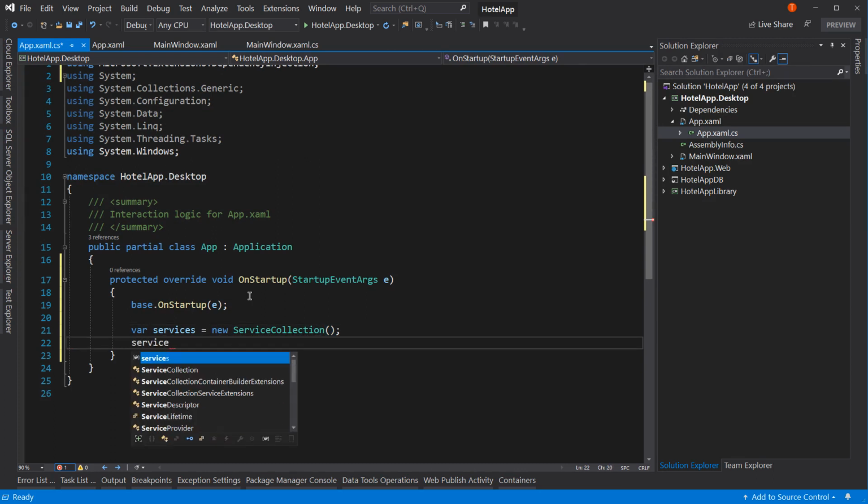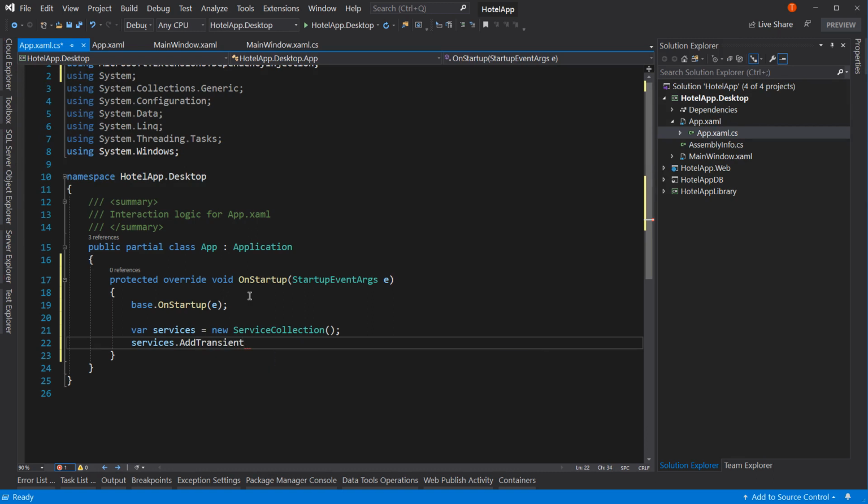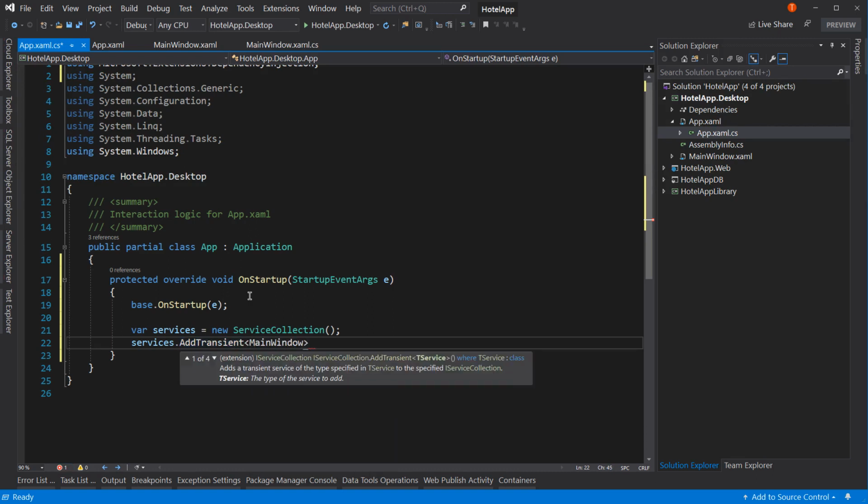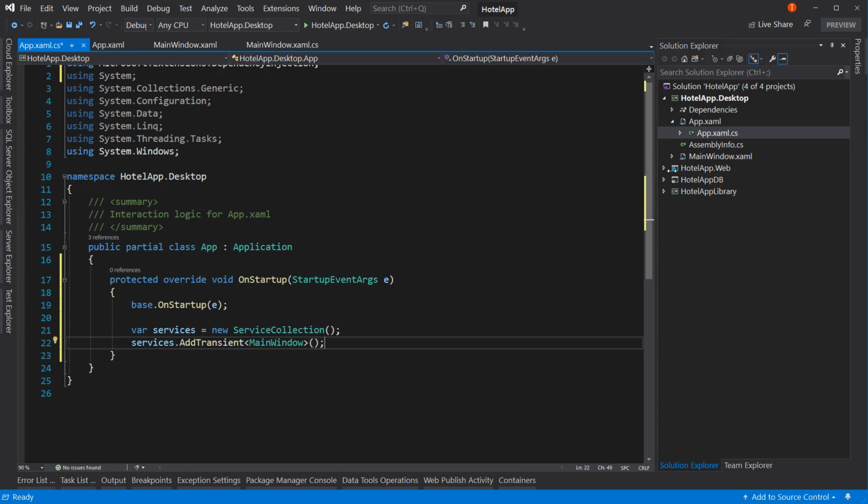Now we're going to say services.AddTransient, and let's say MainWindow. What is MainWindow? Well, that is the main window right here. That's our main window. It's our only form right now. Okay, so we're going to AddTransient. That sounds familiar? That's because that is adding MainWindow to dependency injection. Now, no, I don't have an interface. That's okay. I can just add the actual type. So when you call for that type, you get back an instance of